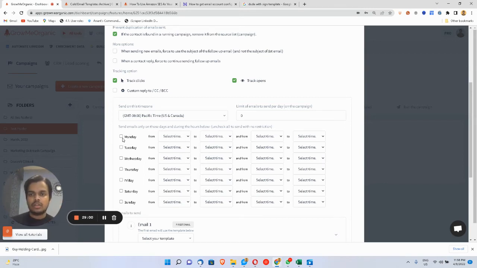Let's say I want these emails to land on Monday to Friday, basically, not on the weekends. And then I can choose time starting from 10 a.m. to 12 p.m. and maybe from 2 p.m. to 9 p.m. Right? So my emails should only be landing on my recipient's inbox in this time zone. That's it. And here I can decide the number of emails that I want to send per day,